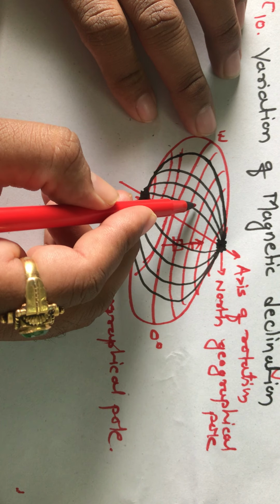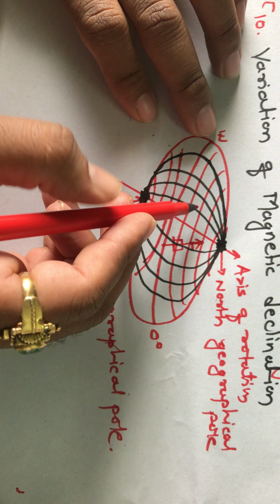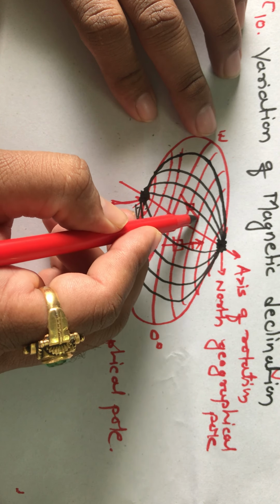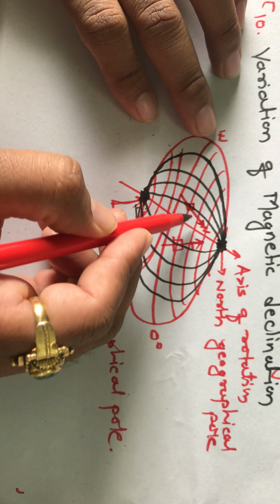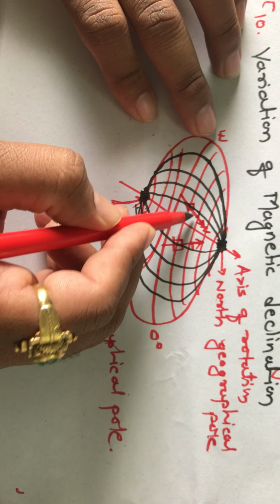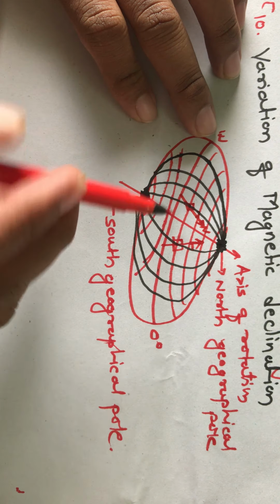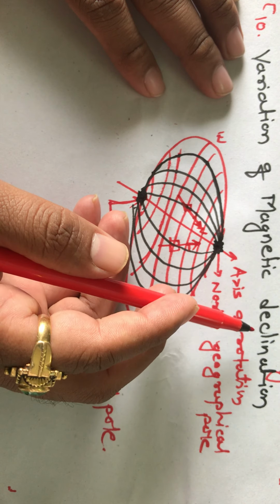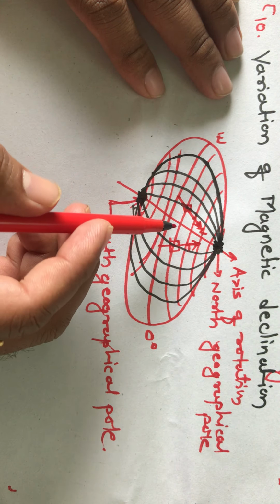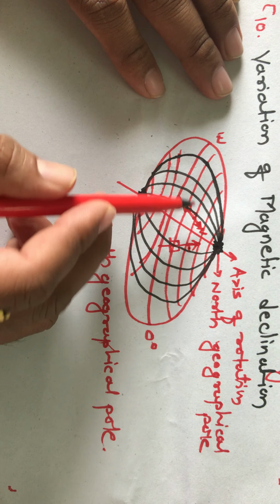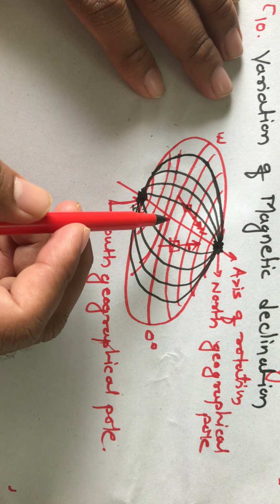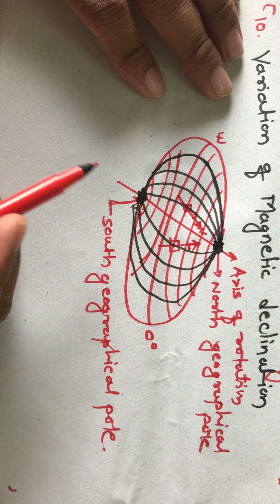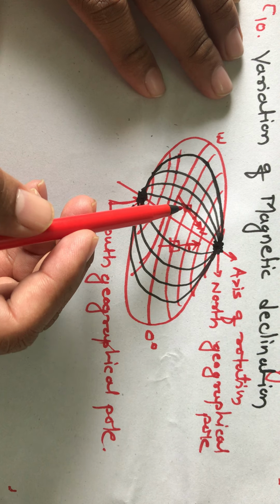Now you should see the compass here. Now it will show this north direction. Now we have declination towards the east. So that's why we have a declination. Also, now we are seeing the variation of magnetic declination. This angle also depends upon the rotation of the earth, and also this earth is rotating about the sun, so that's why this magnetic declination is not a constant.